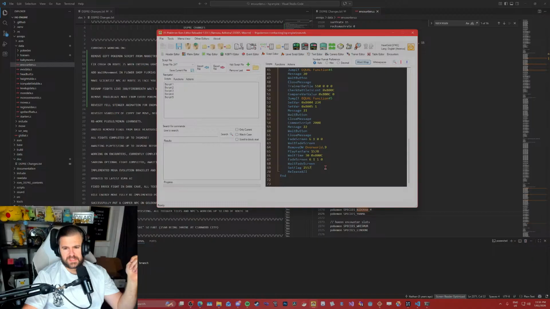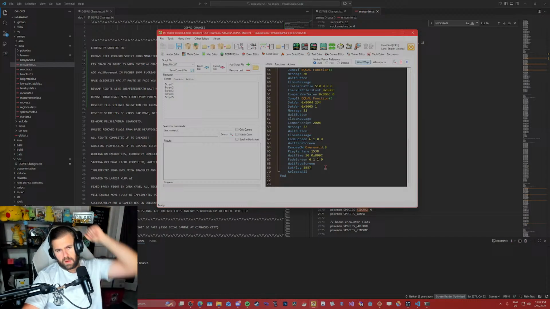But if I do that set flag on that trigger tile, I'm on a different thingo, so I can't remove the overworld because it's on a different script.